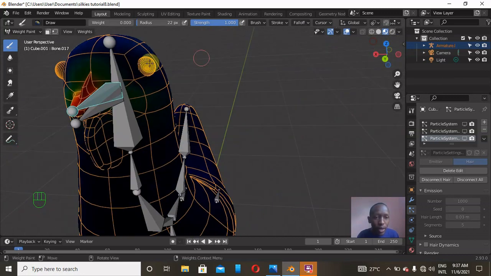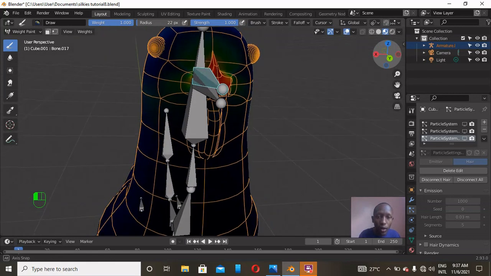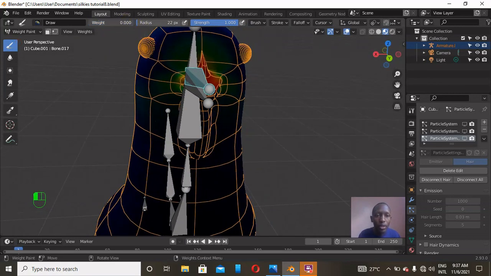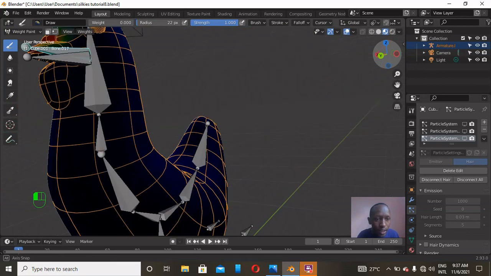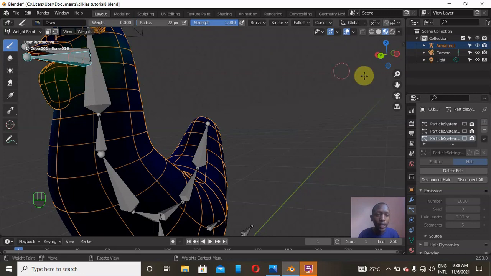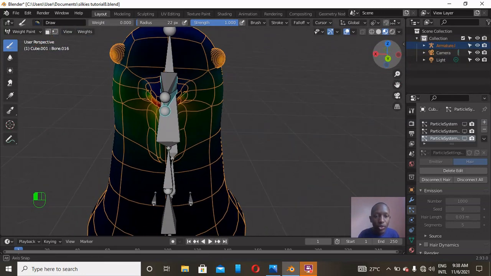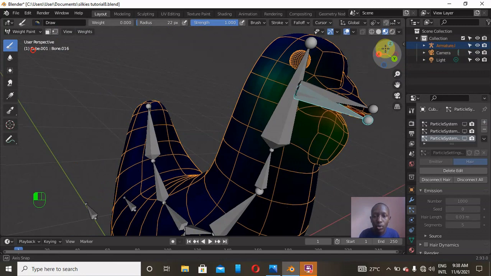And it's also mirrored. That's why when I affect this place, you see it's also affecting the other side. Okay, that's good. So on this place of the upper beak, I will attach a value of 1, but on the bottom part of the beak, like this side, I don't really need it to affect any part at the bottom here, and I think we are okay. Yeah, Control click on this one. We go ahead and do the same. We are just removing the weights on some places where we don't need this bone to affect.